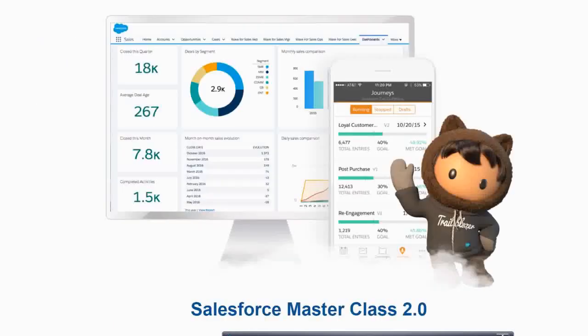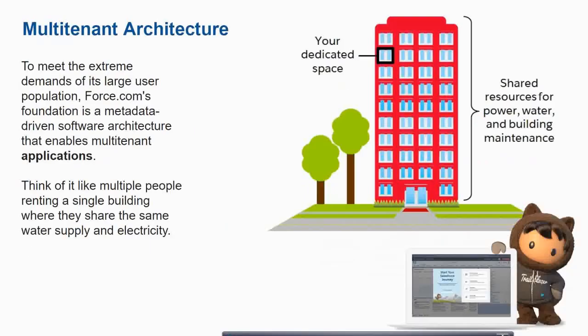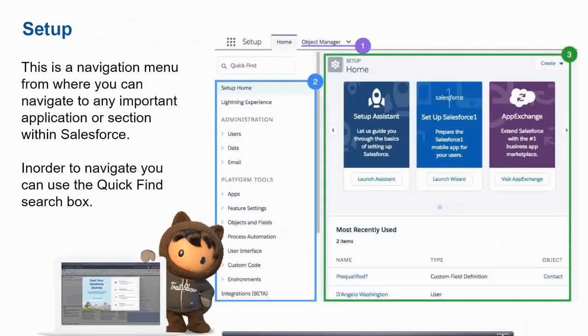So by now we have come to the end of this masterclass session 1.0. In 2.0 we will look into further details of what is Apex, what is Visualforce, what are Lightning Web Components, etc., and how we can deploy our code from sandbox to production. Now what is a change set, we'll look into all that in the next video. In this video, I hope it's clear. I will just go through a quick recap of what we have learned so far.